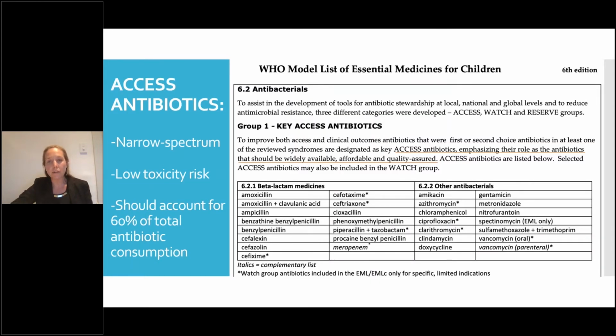And these groupings are really important because what we want to see is healthcare systems using predominantly access antibiotics, with their prescribing practices. So access antibiotics are ones that have a narrower spectrum and also have a really good safety profile with a low toxicity risk in children. And these should be antibiotics that are not just the first or second line therapy prescribed for most clinical indications,